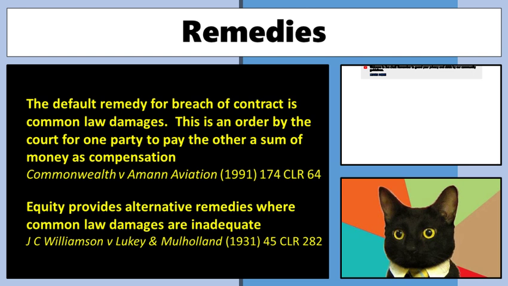All right. The default rule with contract law is that if the other side breaches in some way, you get dollars. That is the default remedy. Even though you may want to receive some form of remedy, you may want to see them locked up in jail, that's great. You may want to actually make them do or sell you that car that you really wanted or not. But the default rule is you can't do those things. You're going to get dollars.